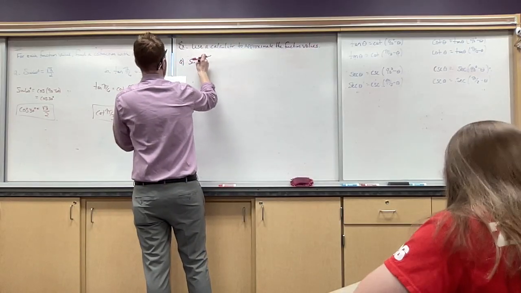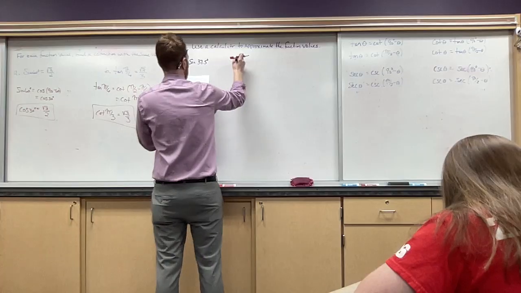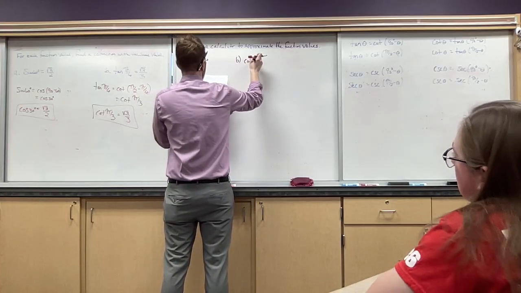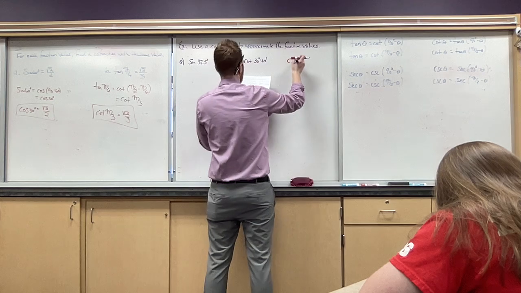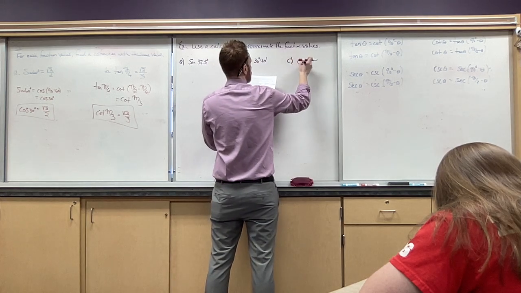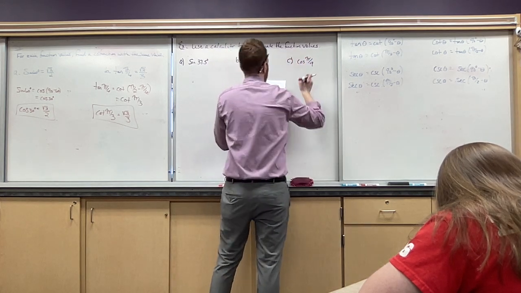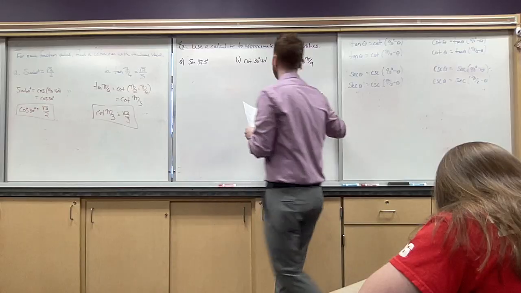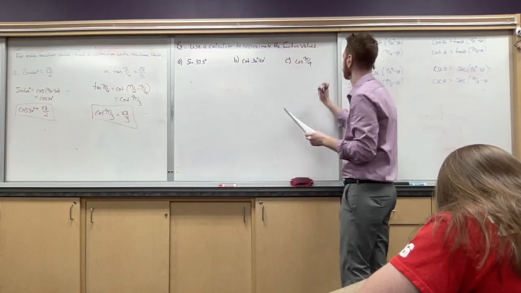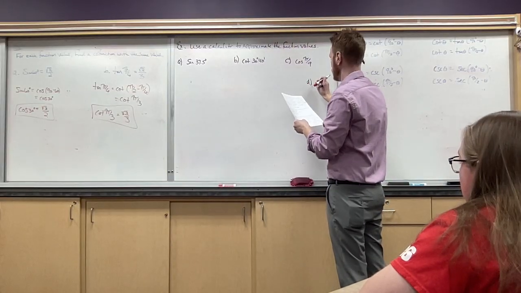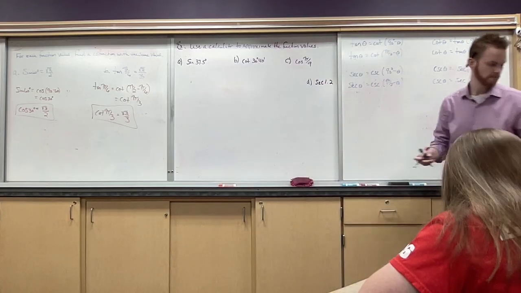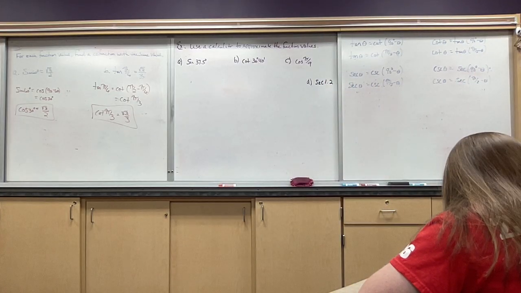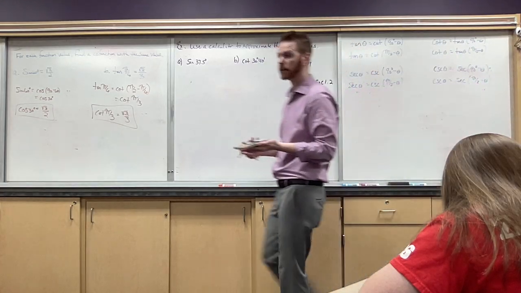So sine of 37.5 degrees, cotangent of 30 degrees 40 minutes, cosine of pi over 9, and I'm out of space. Okay, we'll put it here. D is secant of 1.2. Okay. Now, one of the things I want you to check